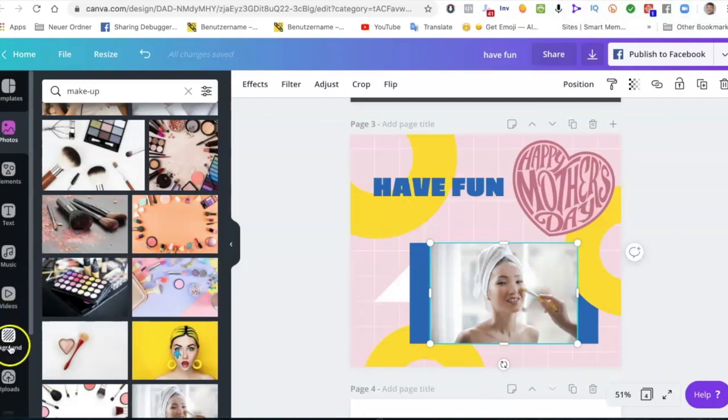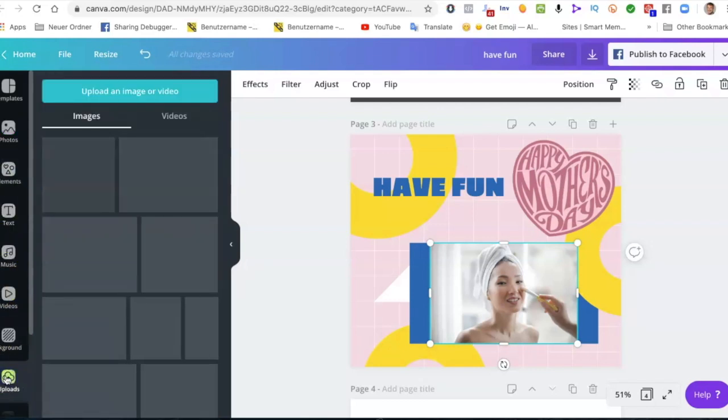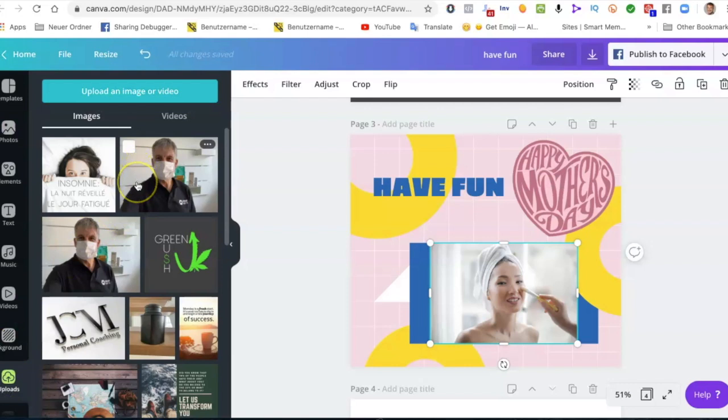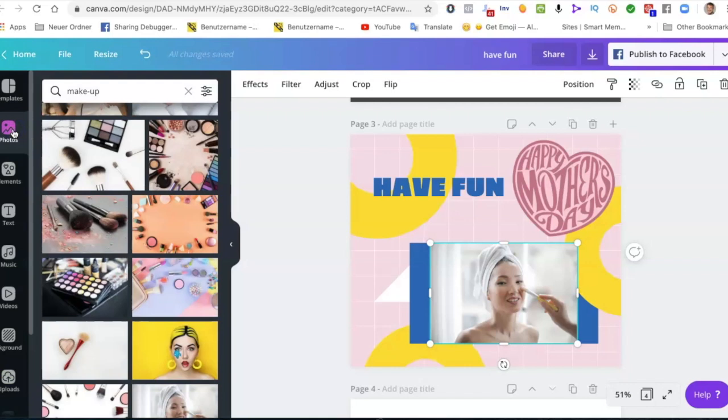Of course, you can also upload some pictures. So you could basically upload your own pictures very easily. You can even upload videos. So everything will be there. You can upload your logos, and I would recommend you to do so because it's very easy and fast to be used. Now, the faster you want to be, the better prepared you have to be. So the more things you preload, or you know exactly in which folder you have everything, then you will save a lot of time